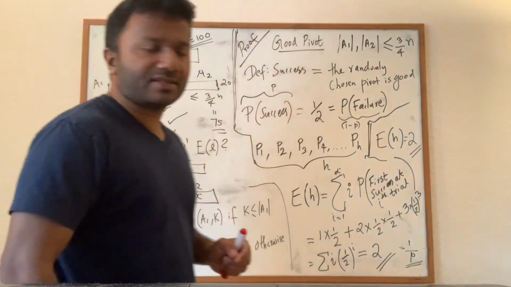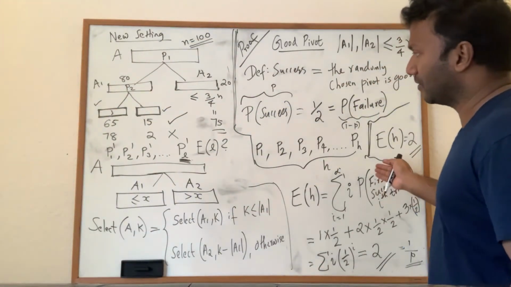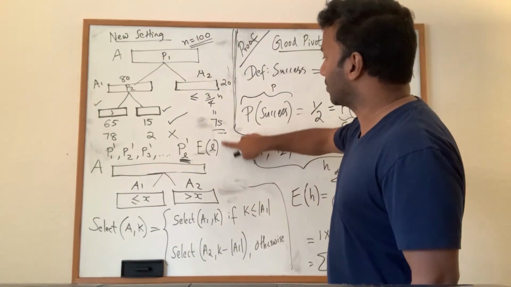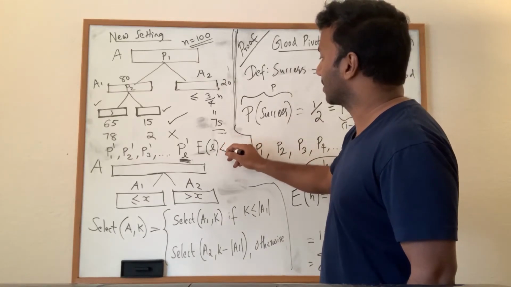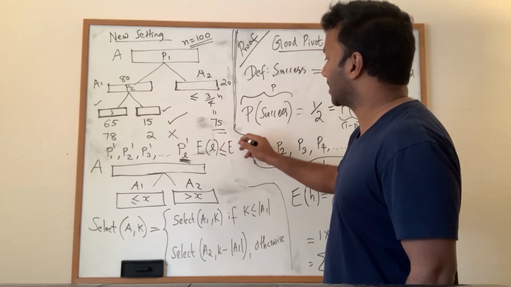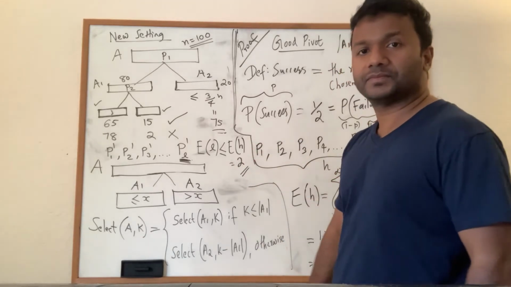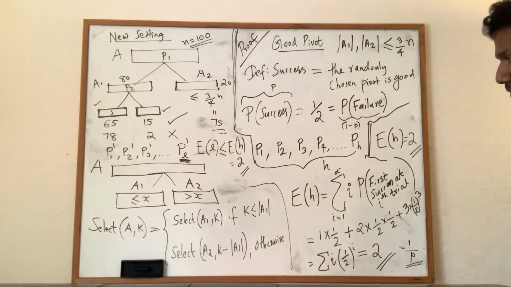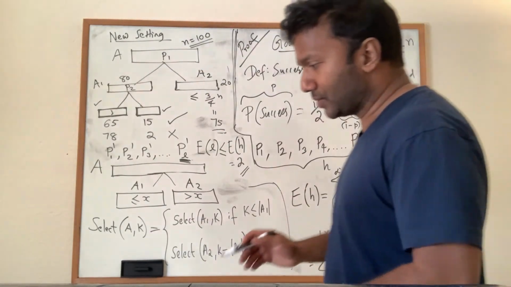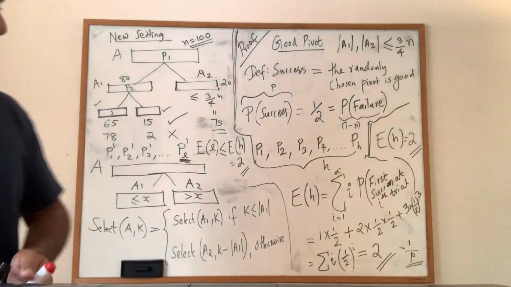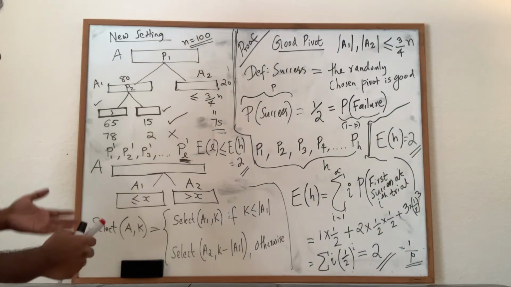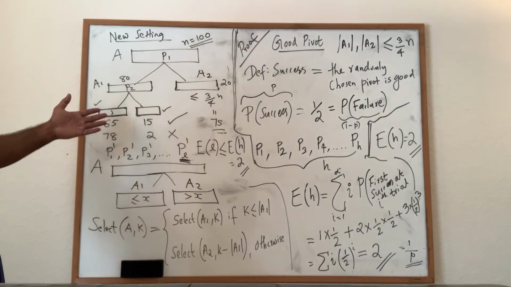Okay, so my claim is that the expected value of L is going to be less than the expected value of H, which is equal to 2. So I want to give a kind of sketchy proof, but that should be enough. So you can see here,